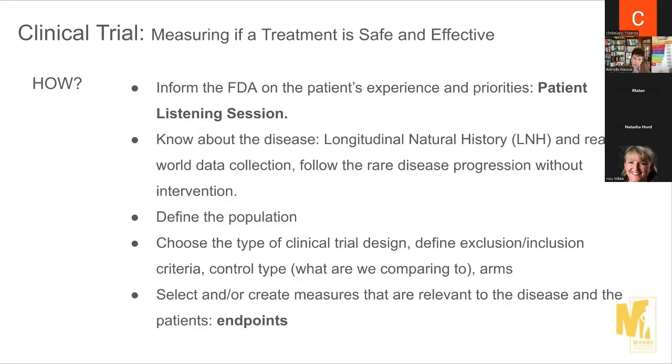And then we need to know about the disease. So what we call the longitudinal natural history. And that's studying patients, taking all the measurements year after year, following the same patients to understand, in fact, the progression of the disease without treatment, of course, and really characterize the patient. What do they have? Which kind of manifestation? Is it progressing fast, not fast? What's the difference between pediatric and adults? So that's the whole history, the natural history of the disease.